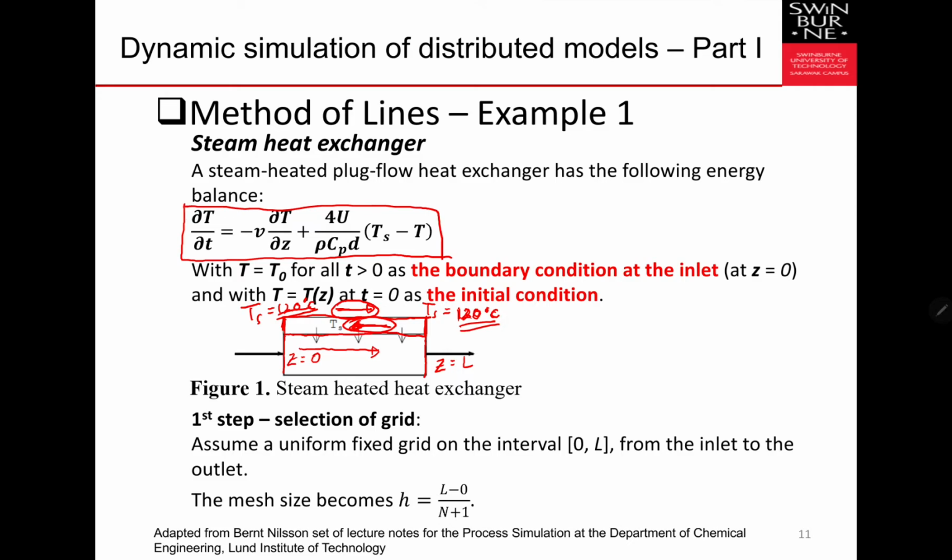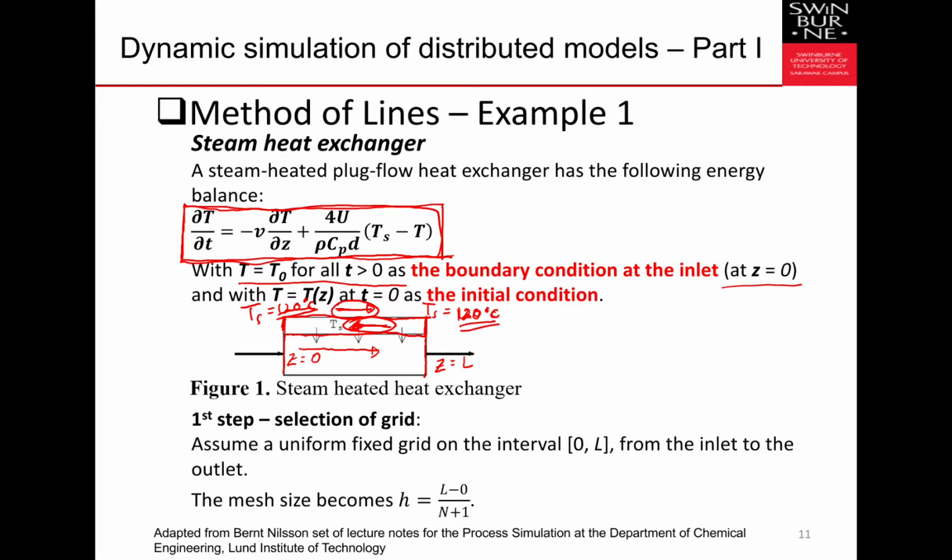If we visualize the case as I mentioned just now, then we should get this particular PDE. And then we can use the boundary condition of T equal to T naught for all t higher than 0 at the inlet, which is the Dirichlet boundary condition. And T at a particular z is defined as whatever T is at that particular z at time equals 0, as the initial condition.